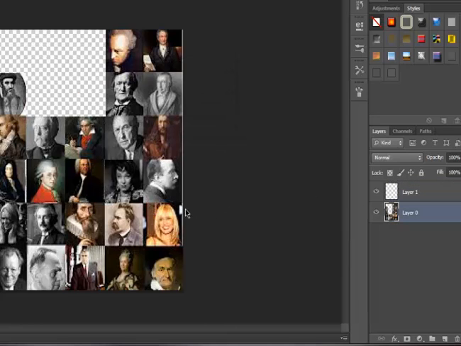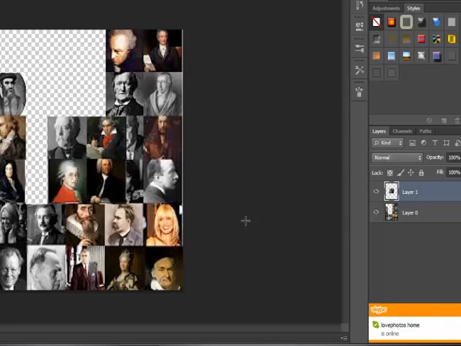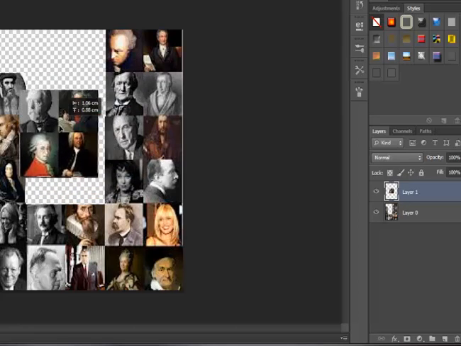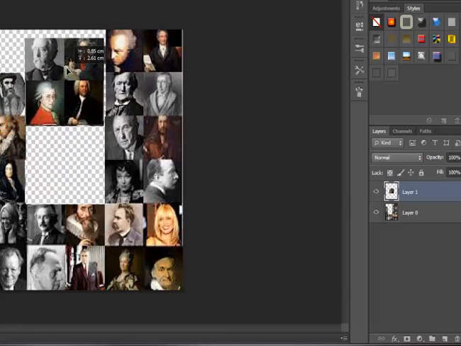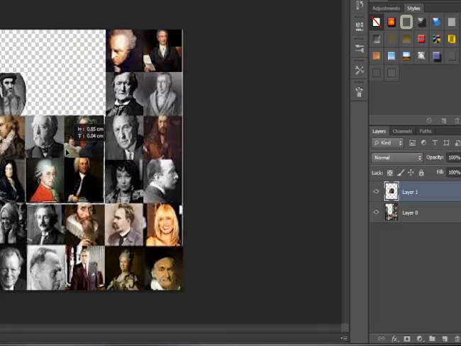Control X, and I will move it to this layer and press Control V. As you will notice, because it was separated onto another layer, the only difference is I can move this set of photos without moving the other photos or the main photo.